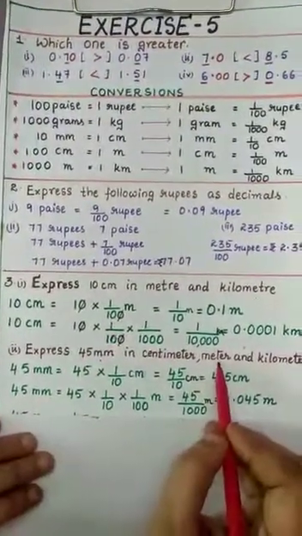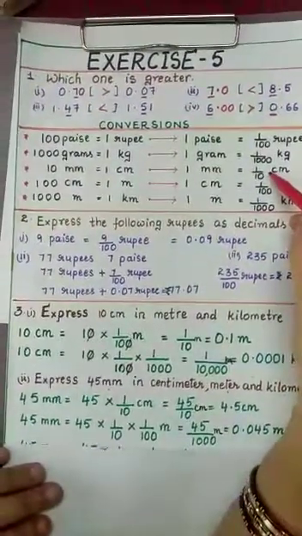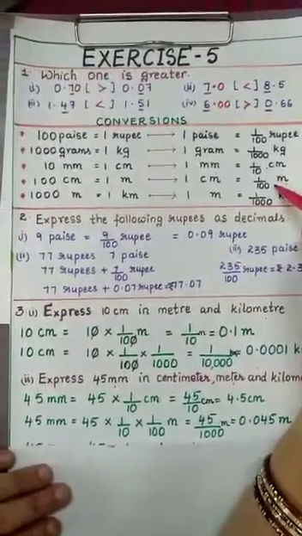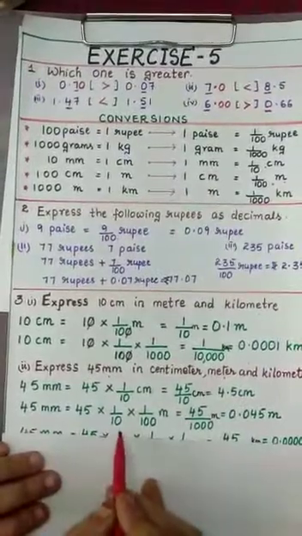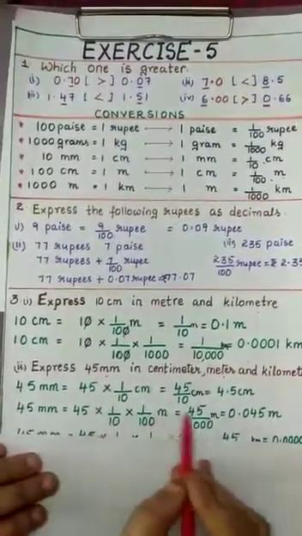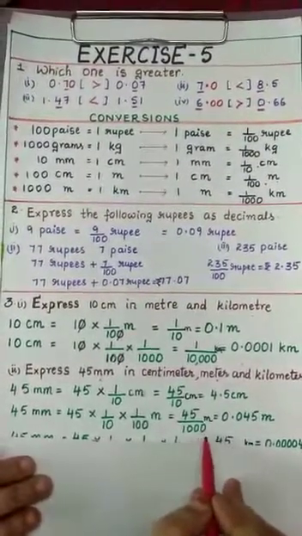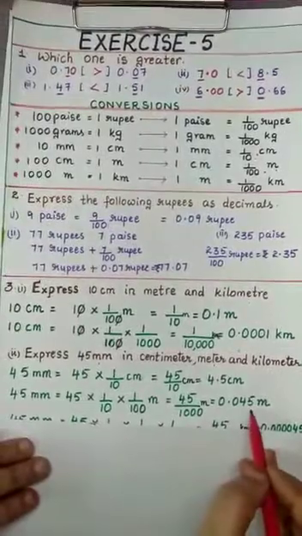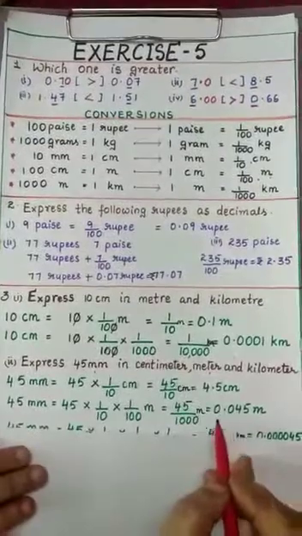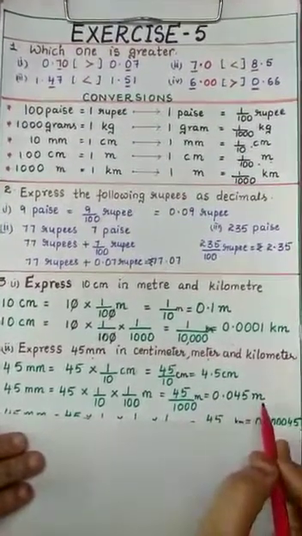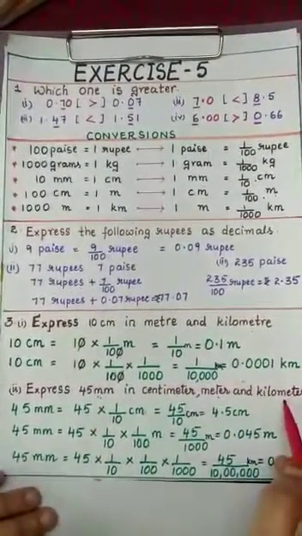The next one is 45 millimeters you have to convert into meter. So to convert millimeters to meter, first you have to convert into centimeters, next you have to convert into meter. So you have to multiply by 1 by 10 and 1 by 100. So 45 into 1 by 10 into 1 by 100. 45 ones are 45, 10 into 100, 1000. As we have 3 zeros in the denominator, make it 3 places after the decimal. Already we have 2 digits. So insert 1 zero in the tens place. So 0.045 meters.